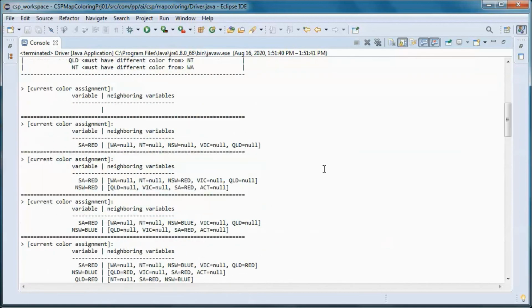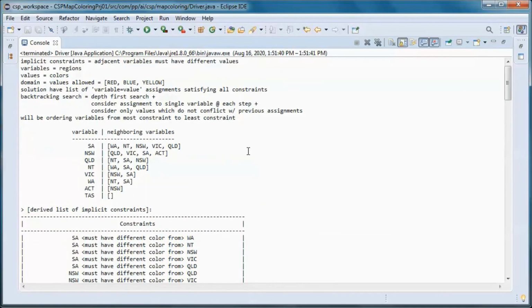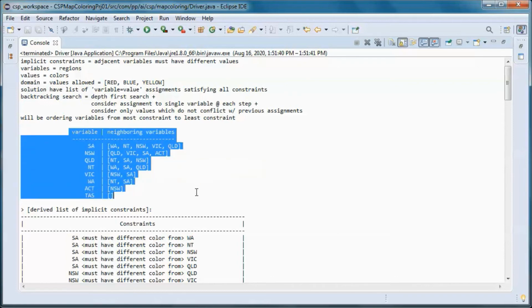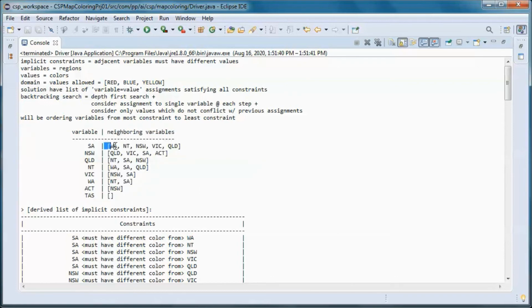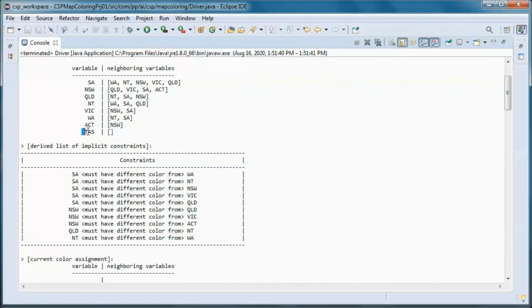So we are running in verbose mode. So this is the list of states and its neighboring states, and we have them ordered from the one with the most neighbors to the one with the least number of neighbors or no neighbors.